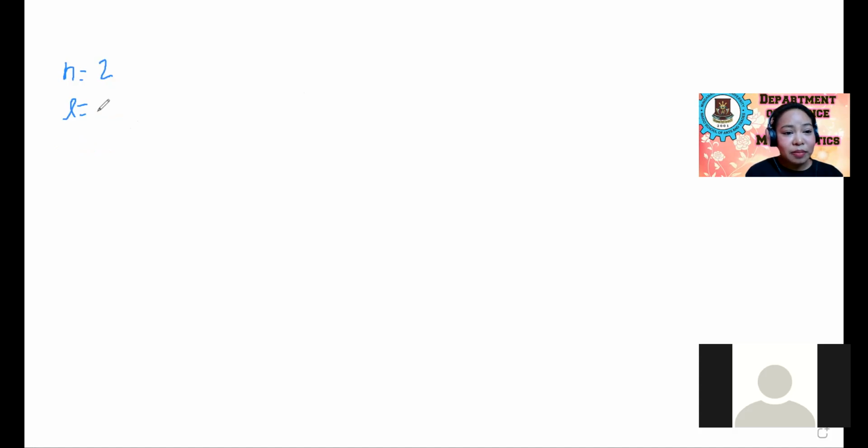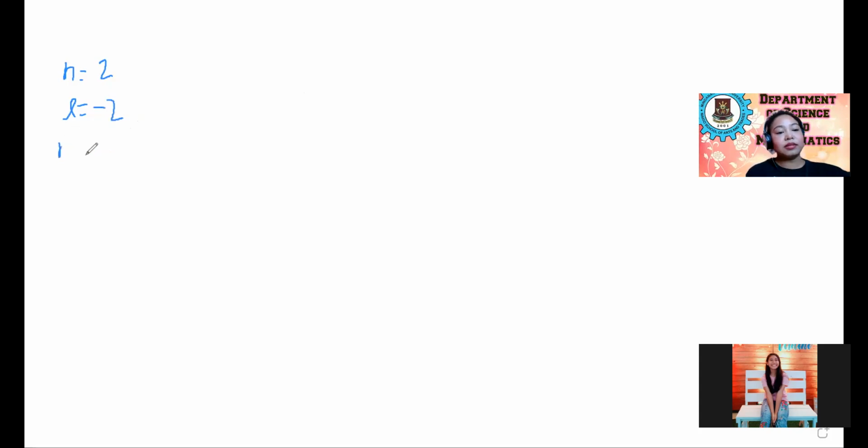So, say for example, L is 1, and then ML is equal to -1. Then we have MS. MS is equal to